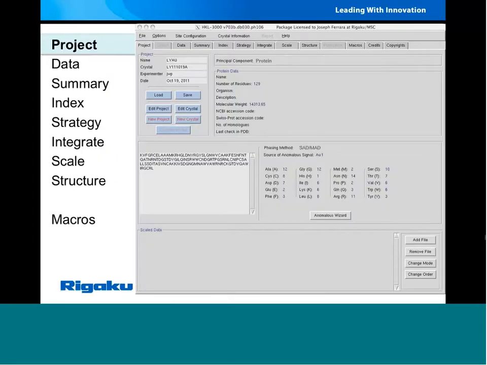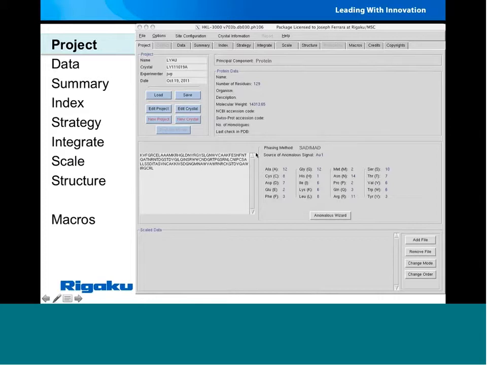So to go into it, this is the first display window that you get, and I'll run this hopefully in about 20 minutes. We'll go through 3 examples. This is the main window of HKL3000, and there's a series of tabs across here: project, data, index, strategy, integrate, scale, and structure. I put them up and down here on the left-hand side so that you can see them better. On the project panel, or dialog here, you would